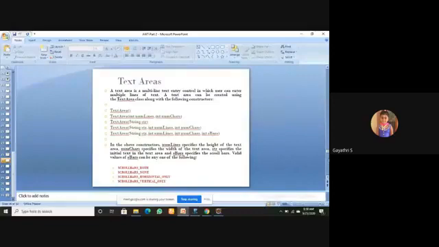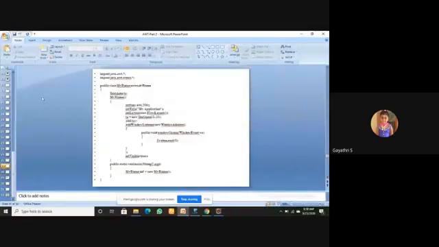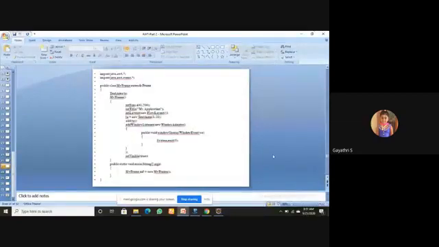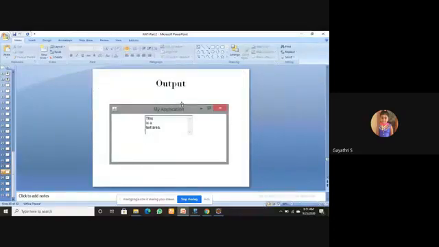Next, a simple program. Here you are creating the text area 3 comma 20. So this is the second constructor. Number of lines is the height of the text area. Number of chars specifies the width of the text area. The second constructor you are using here to create a text area. Then add the text area to the frame. So the remaining part is as usual. So this is your text area output.